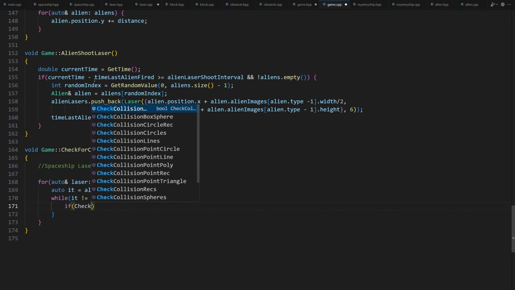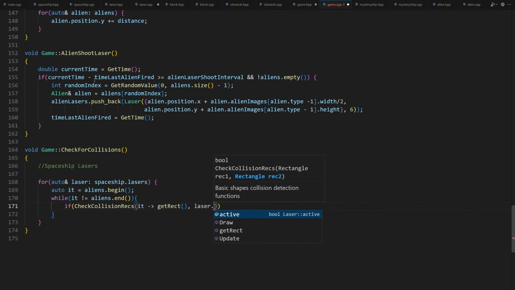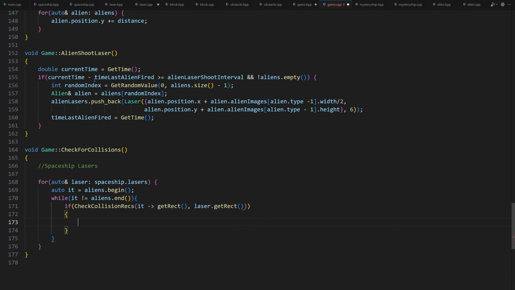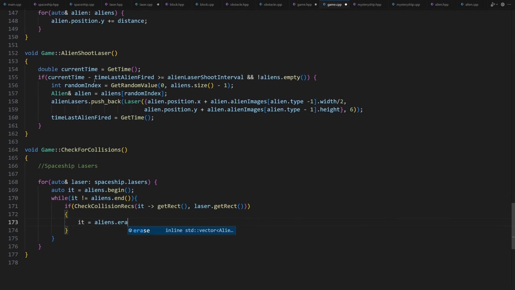If (CheckCollisionRecs(it->getRect(), laser.getRect())) {. If this function returns true, it means that we had a collision, so we need to remove the alien. it = aliens.erase(it). This line removes the alien the iterator is pointing to and updates the iterator to point to the next element in the vector.